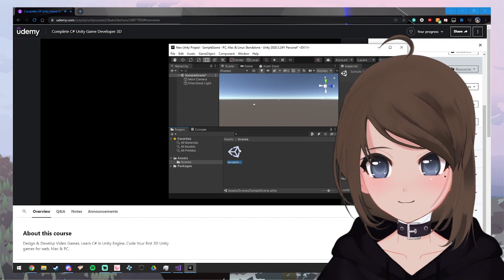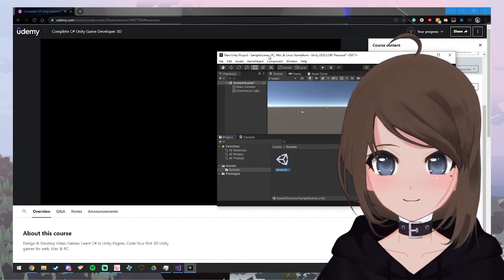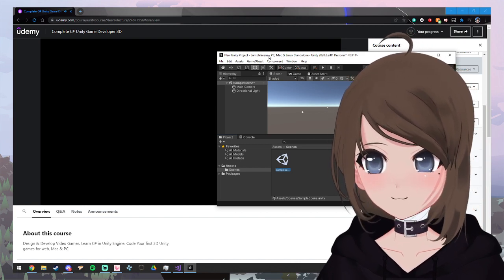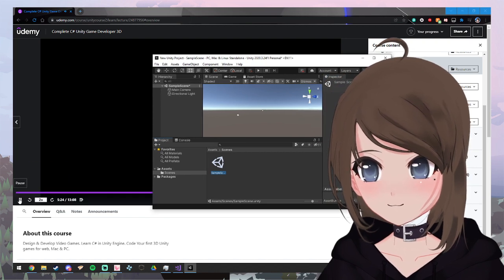Because there's only a camera and a light in it, it's pretty small. You'll see that a .meta file has been created as well. That's just a file that Unity creates to store extra information that it's not able to store in the scene file. What I'm going to do is add another thing to my scene, which will make it slightly larger. I'll right-click in the hierarchy, and we can create a 3D object. I've got a few things here by default that we can create: a cube, a sphere, a cylinder, etc. I'm going to start by creating a cube.